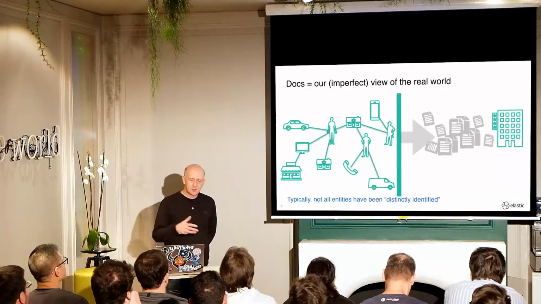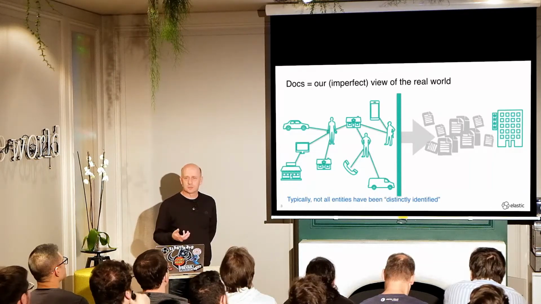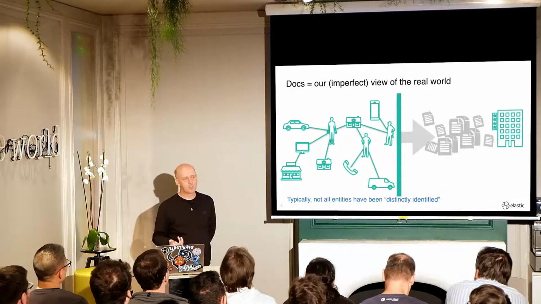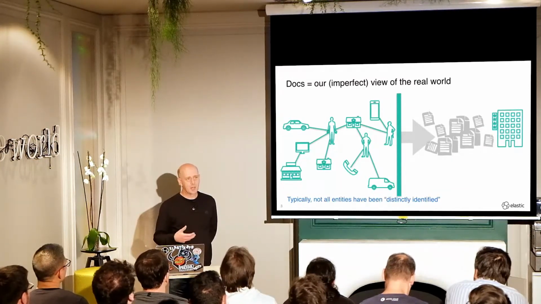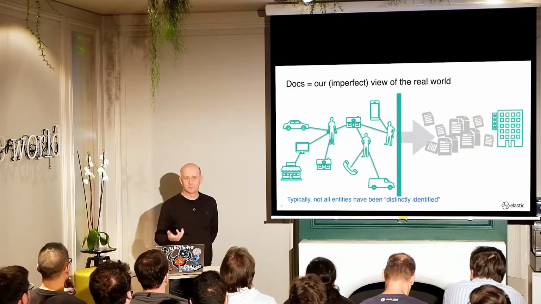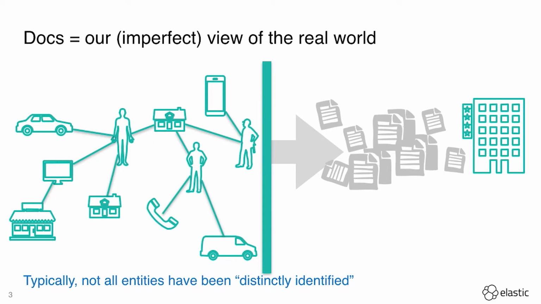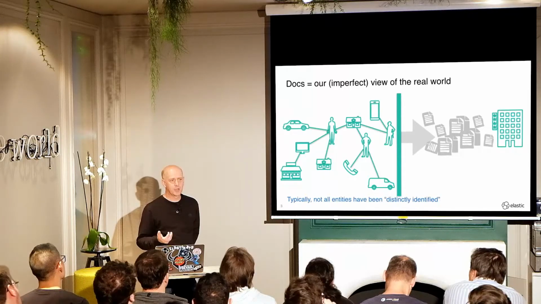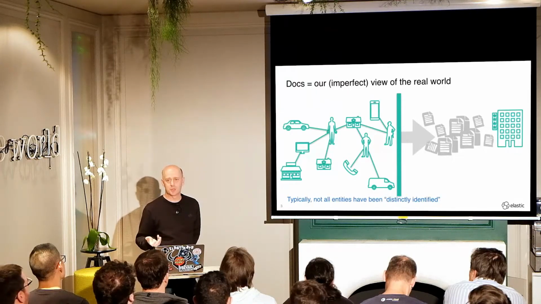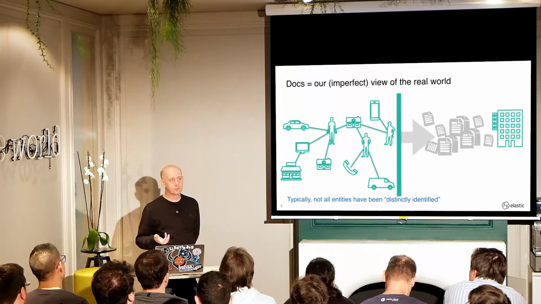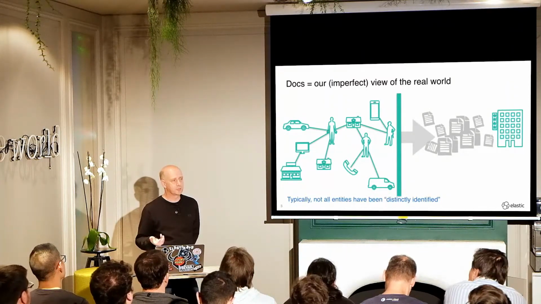So entities are the things out there in the real world running around, and documents are the things that come into our businesses. And they are our perception of the world, and it's not a very good one. It's a very imperfect view of the outside world. So it often fails to capture these IDs of these entities out there in the real world in a reliable way. So we might often find, for example, that we have multiple documents all talking about the same person, but there's no way of linking them. We don't have a common ID or anything that links them together.